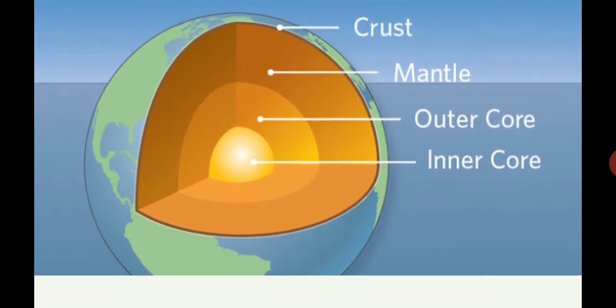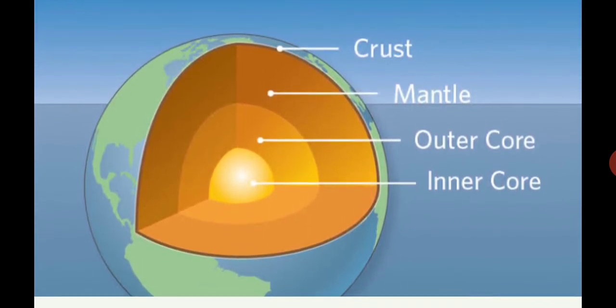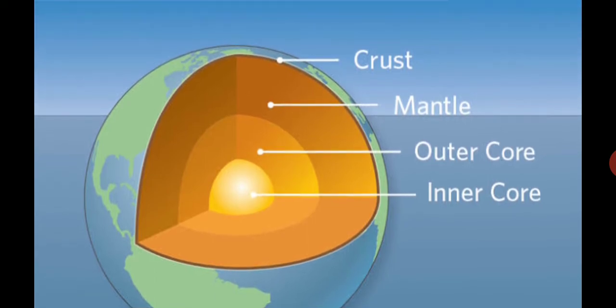As I told you, there are the inner core, outer core, mantle and the crust. On the crust we are staying. First the inner core formation happened, and after that the outer. It took millions of years to form one earth. Because of gravity, all the dust particles in the universe formed one land.